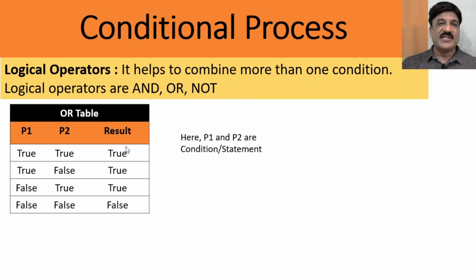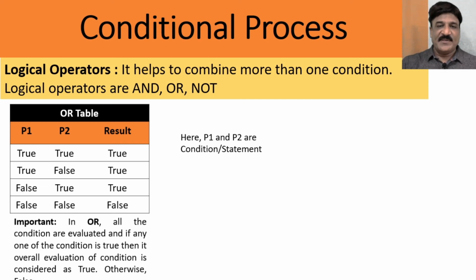It means you are able to purchase a certain item from the mall. You have cash but not a credit card, no issue. Still you can purchase certain things using your cash. You don't have cash but you have a credit card, so still you are able to purchase certain things, but now you don't have either, so nothing.